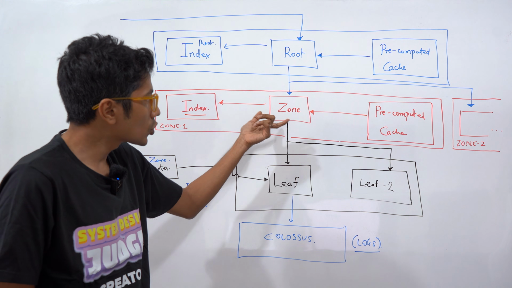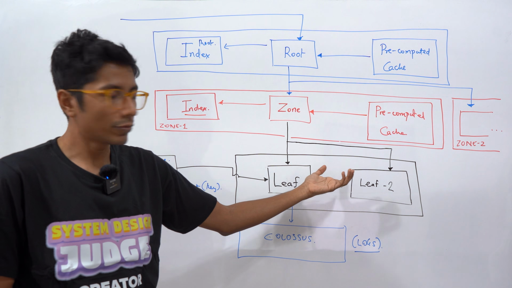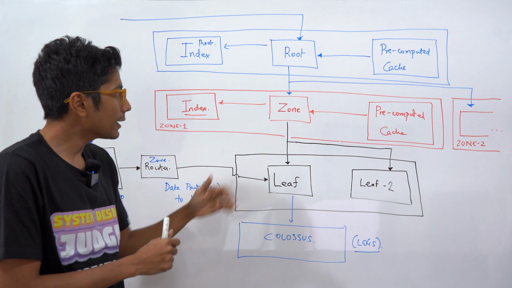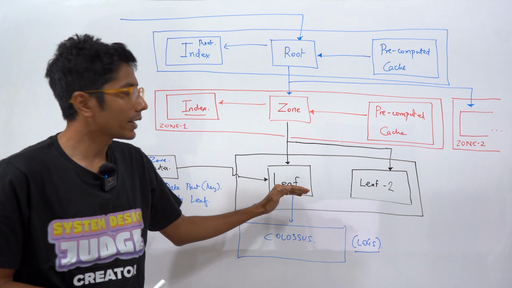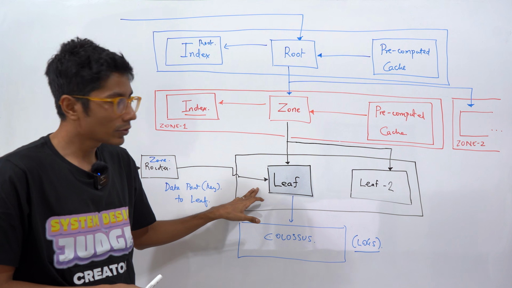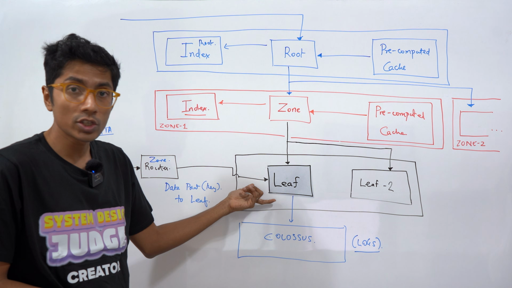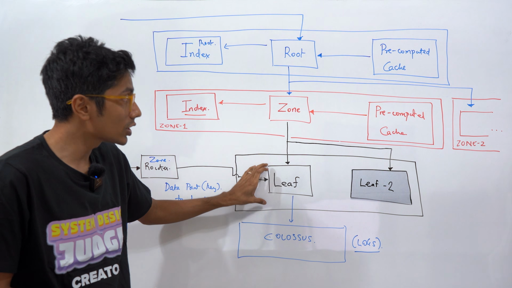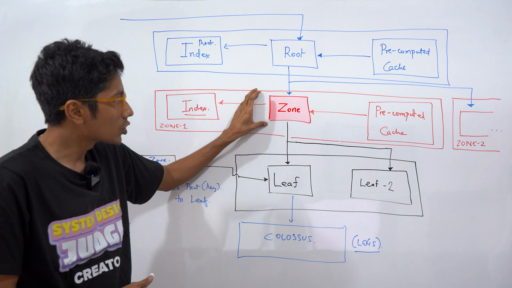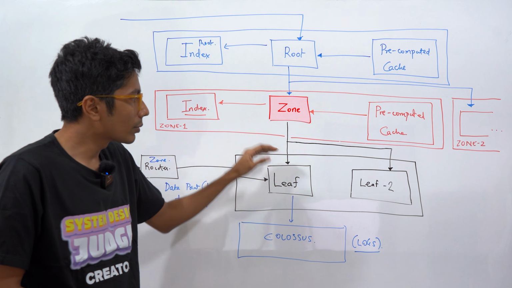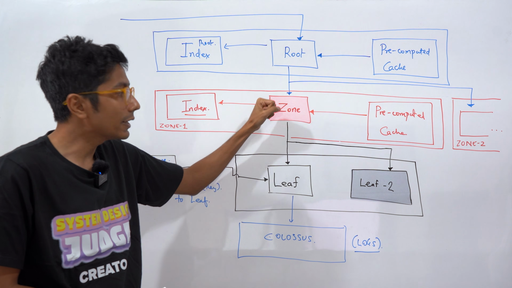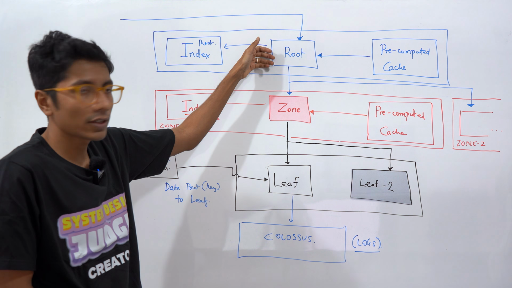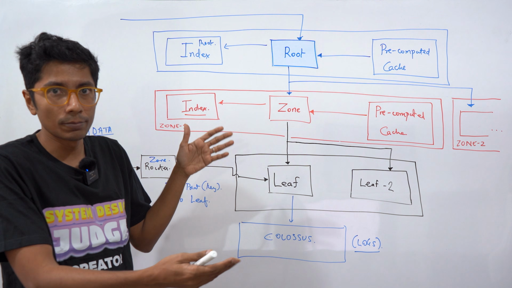The other thing is if a zone is trying to query a leaf and the leaf is not responding, then it can start hedging its bets. Meaning if you know that both of the leaves have the data, then you send the query to the first leaf, wait for a second. If there is no response, send the query to the second leaf also. You don't wait for an entire 10 seconds before this fails and tells you I'm sorry. The zone at second number 1 or second number 2 can query the other leaf, get the response quickly. Even if you have the same repeated response here, you just ignore it. And you can send back the response within 2 seconds instead of 10.